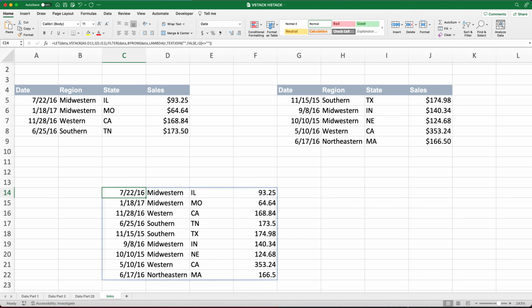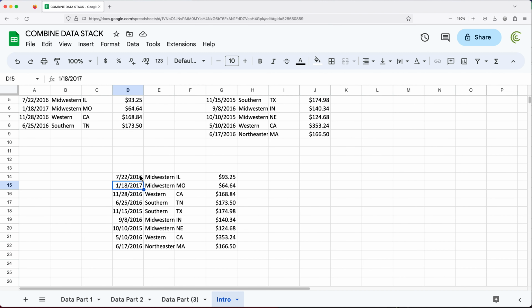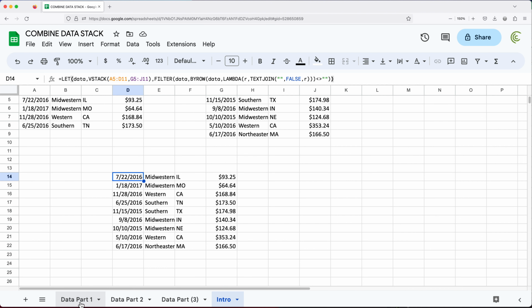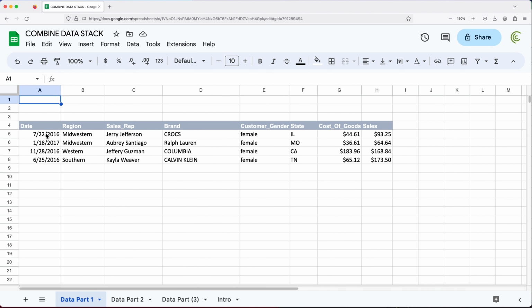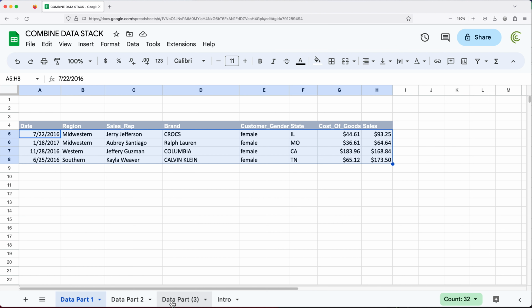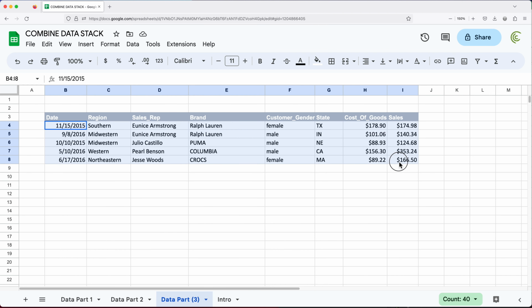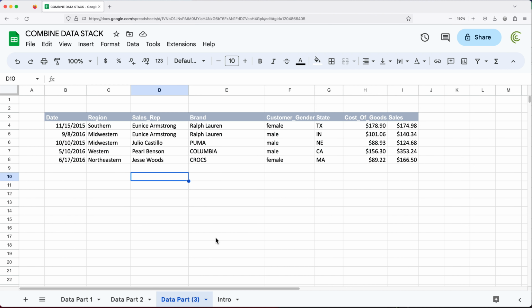And at this point, I'm going to go back to Google Sheets in this one. So that's now our new formula. I could now reuse this formula for many situations. So for example, let's look at this example. I have this data part 1, where I have this table with these columns, and I have this data part 3, which has the same columns in the same order in this tab. So if I wanted to combine those two things together and create a combined sheet,